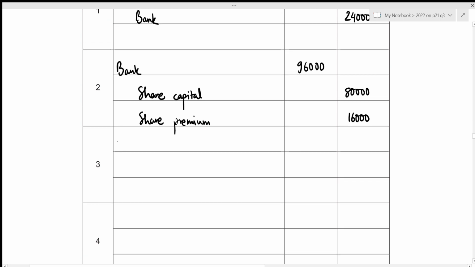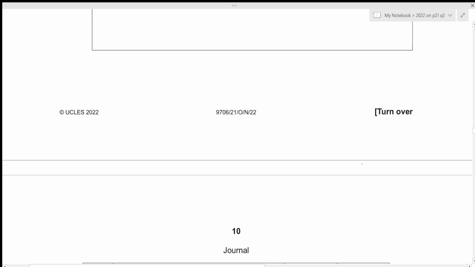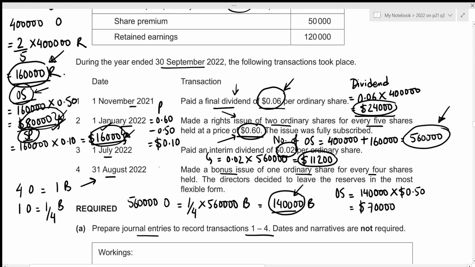So that is dividends paid with the amount of 11,200, and our bank balance will be decreased by the same amount. Now let's have a look at our fourth transaction. We made a bonus issue of 1 ordinary share for every 4 shares held. And we already figured out that due to this bonus issue, our ordinary share will be increased by 70,000. And ordinary share is part of our equity, and the increments in equities are always to be recorded on the